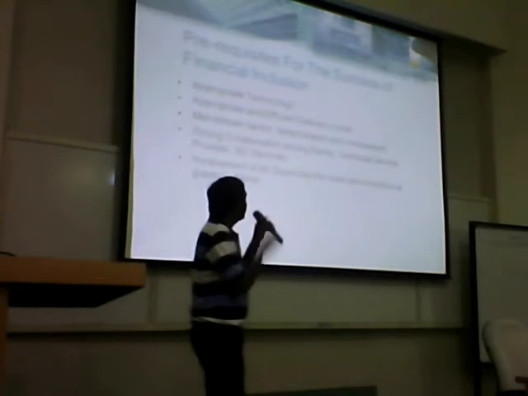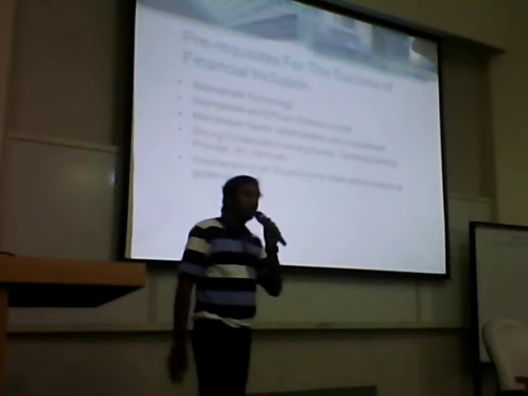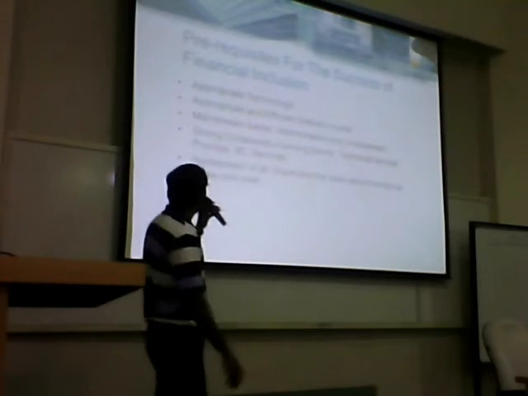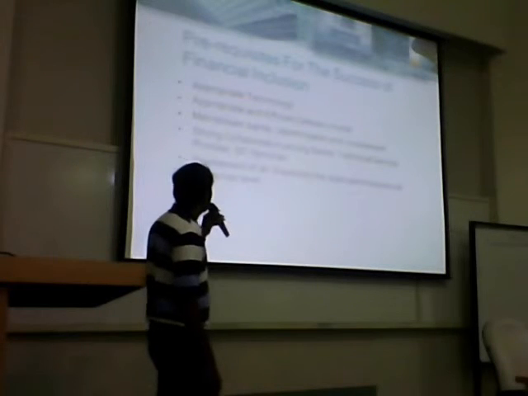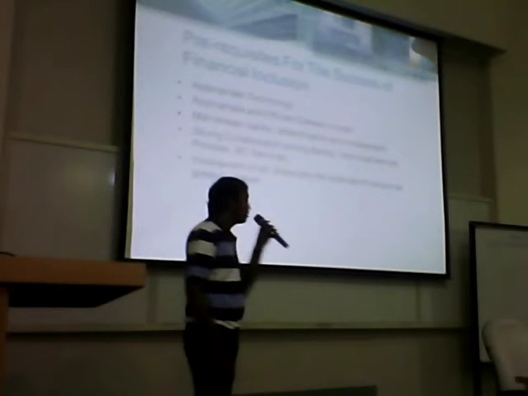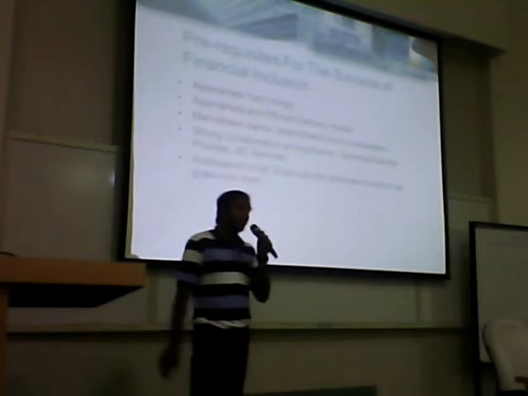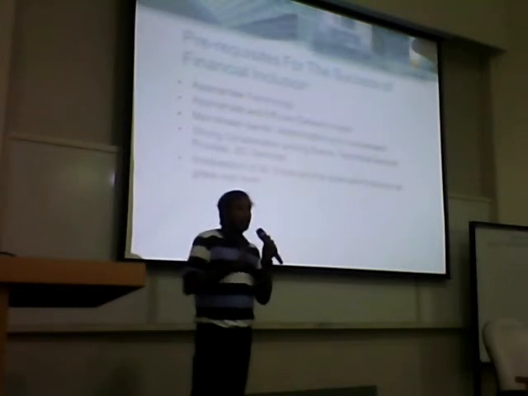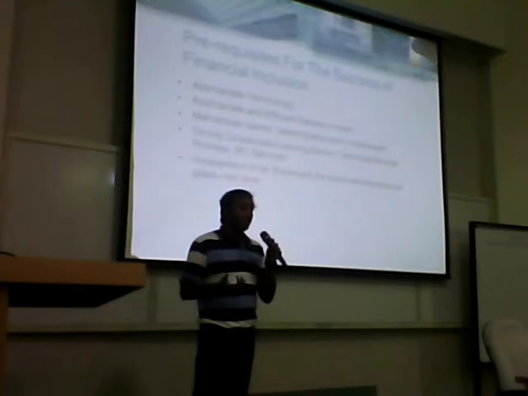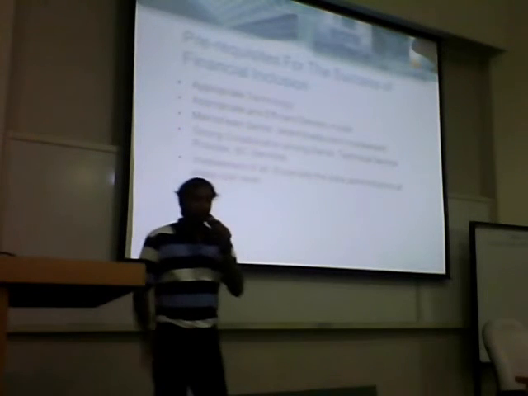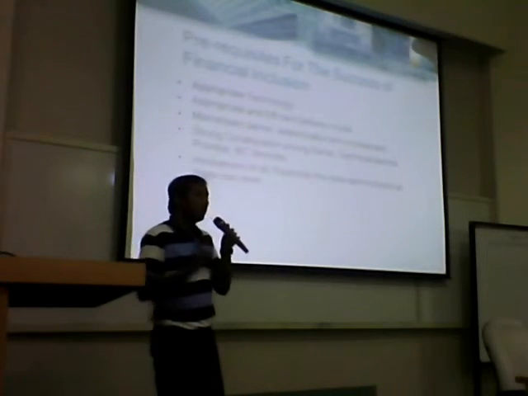Since we have looked at the problems that have occurred in the functioning of financial inclusion, we'll now look at the prerequisites for the success of financial inclusion, which includes the first point, the appropriate technology. Why I'm focusing on technology here is, for example, the usage of mobile phones is increasing in rural areas, right? So if we start using technology in the form of mobile applications, all of them use mobile phones and they are very much aware of what it can do.